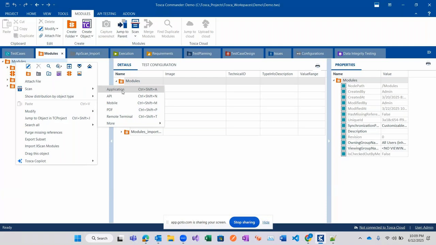Whereas coming to mobile, definitely you have to use this mobile option and you have to configure which mobile you are going to use, iPhone or Android. Based upon that you have to configure it in Tosca. Then you can work with the application in the mobile. And you can also work with the